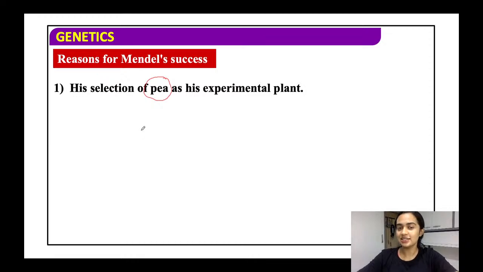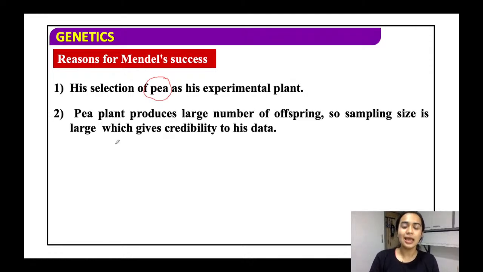If he had selected some other plants, he would have got unusual traits, or traits which could lead to a mixing up of the two characters, and we could even see different patterns like incomplete dominance, which we'll study later. So he was lucky enough to get his hands on the pea plant, and the pea plant produces a large number of